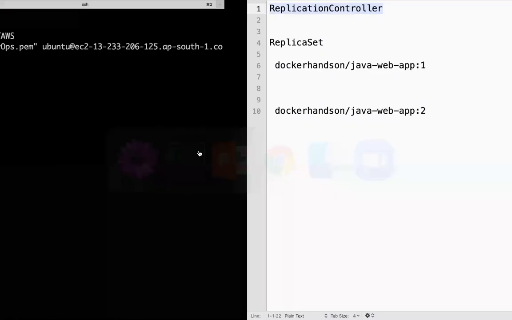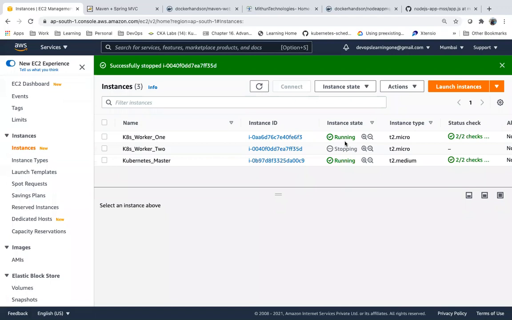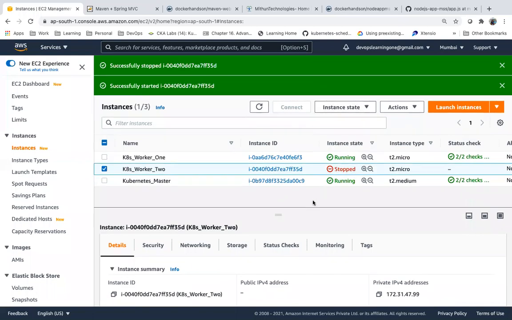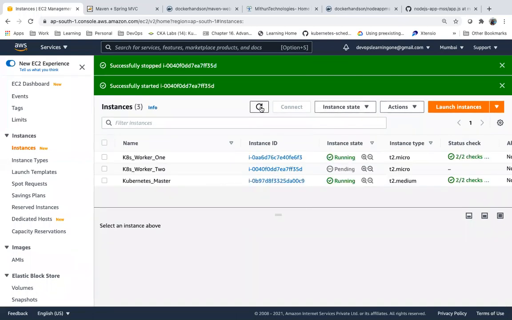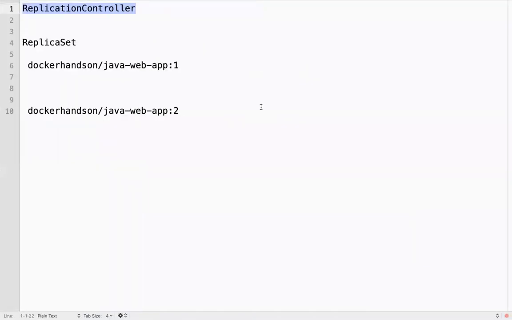So in Kubernetes, deployment is the recommended way to deploy our applications because of some features. We can update the deployment. What is the meaning of updating the deployment? You can deploy the latest containers, latest pods, and you can roll back to the previous revisions if something goes wrong with your latest code. And also you can achieve zero downtime deployments.